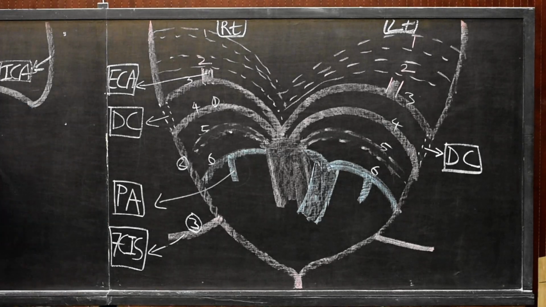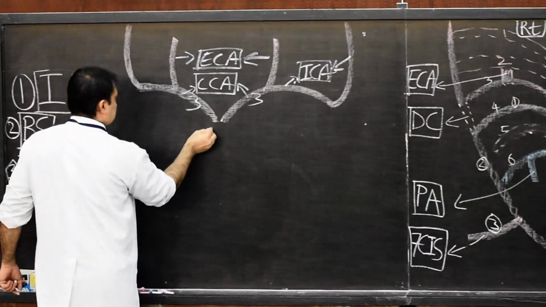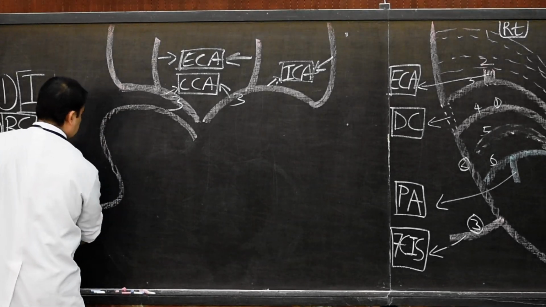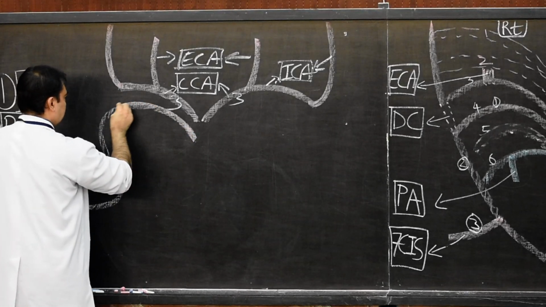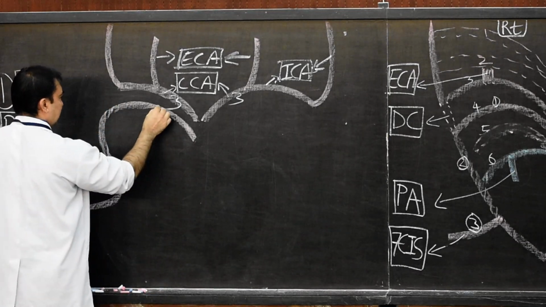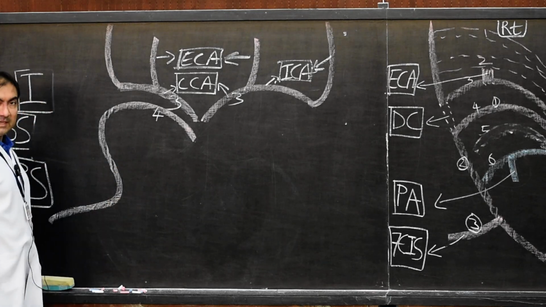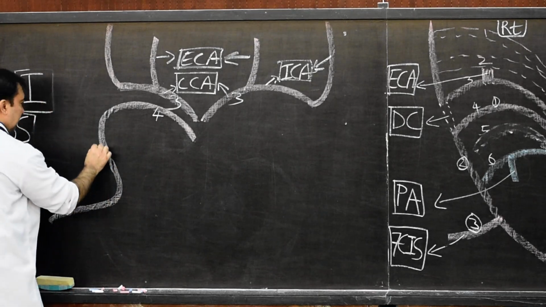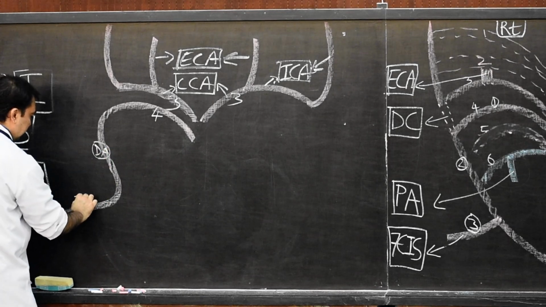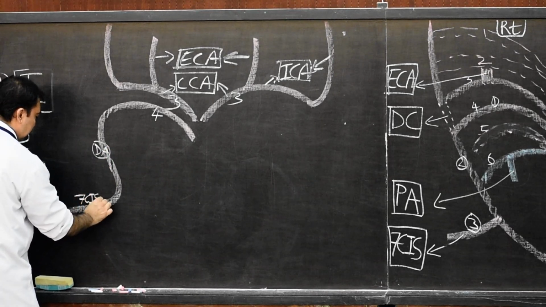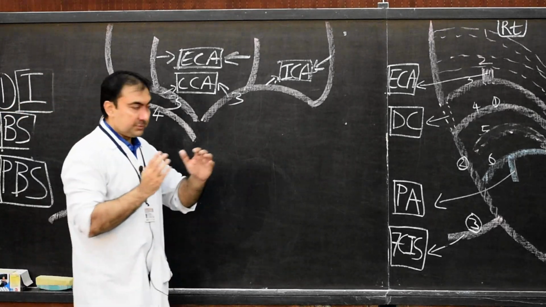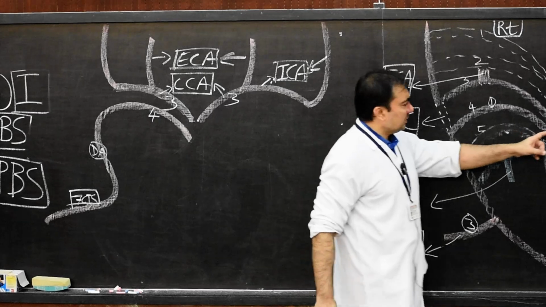So here we draw this right subclavian artery in this way. This is the right subclavian artery, and here we can write it as the 4th right side. This is the dorsal aorta, this segment, and this segment will be the 7th cervical intersegmental on the right side. Then please come on this side. What about the left side?